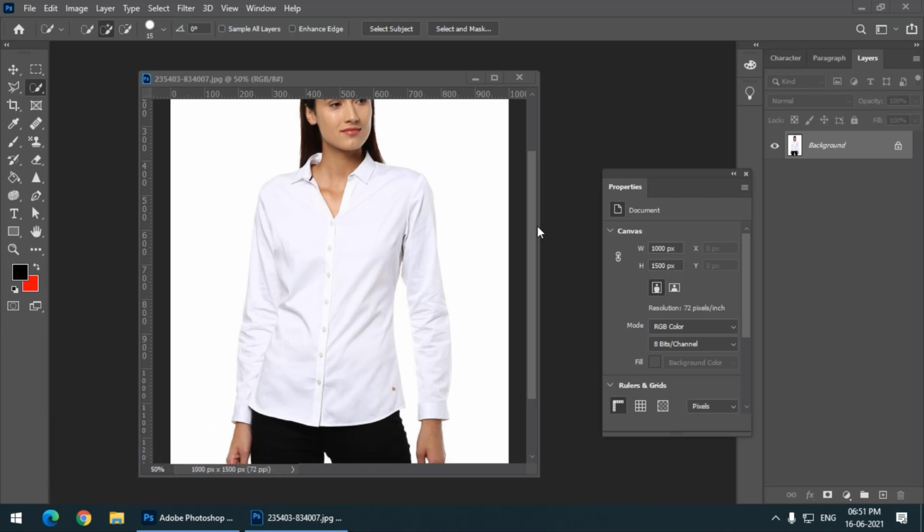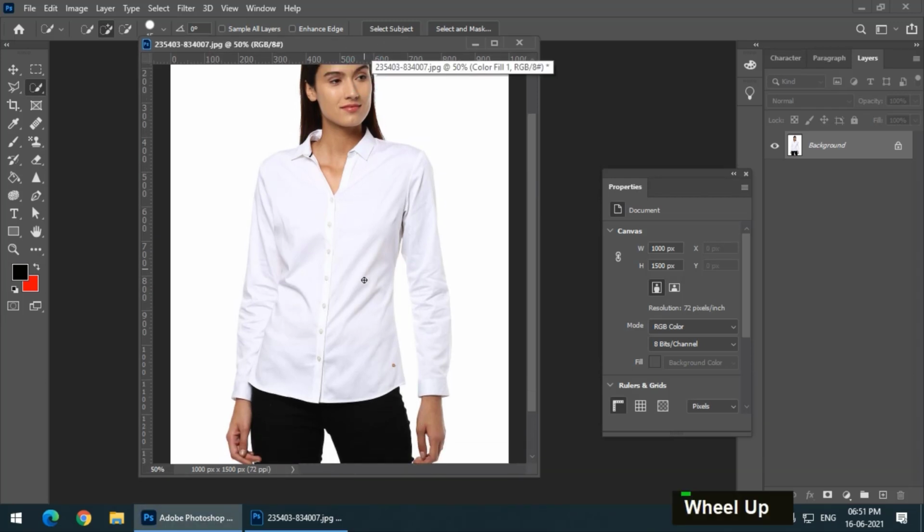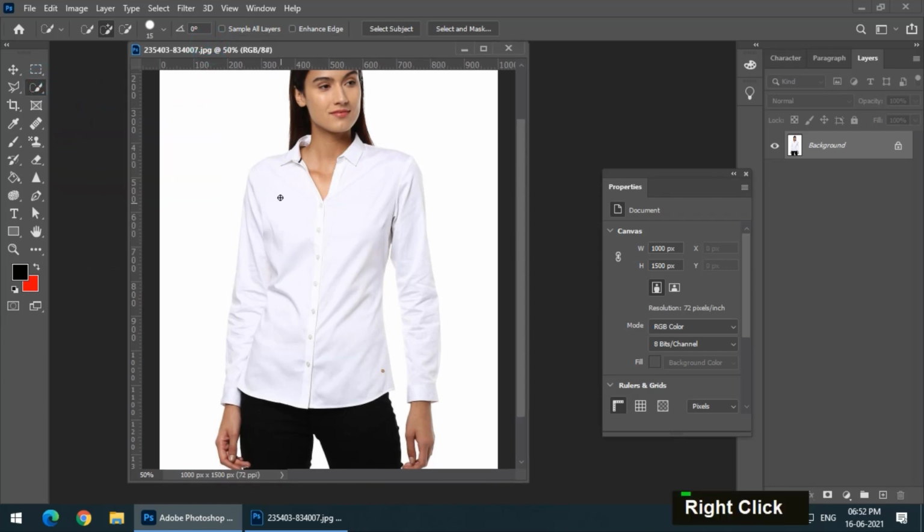So for example, I have chosen a white colored shirt for this example. If I want to change the color of this white shirt, it is difficult to do by using the hue saturation option. So we'll see what happens if I try to change the color by using the hue saturation.